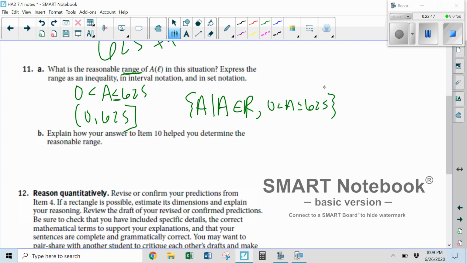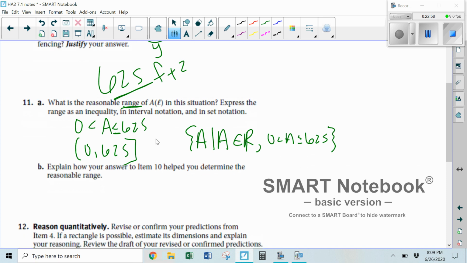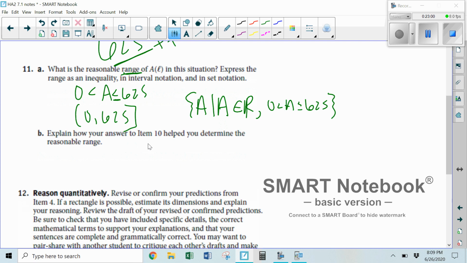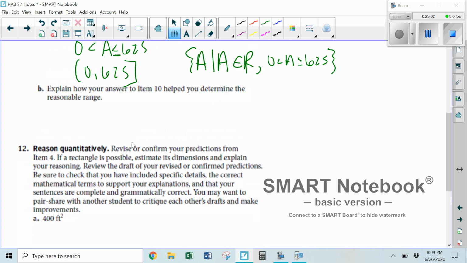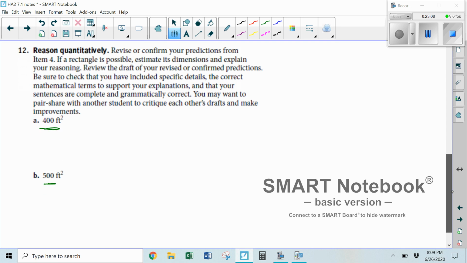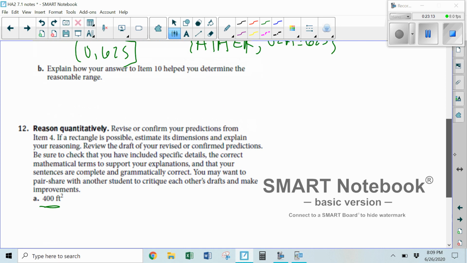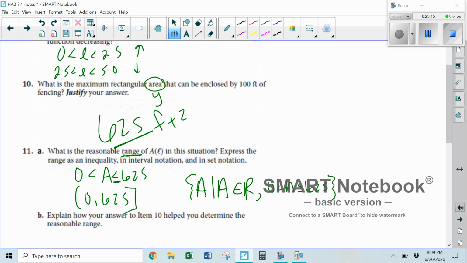Explain how your answer to item 10 helped you determine the reasonable range. What was our answer to 10? Well, if this was the highest, that helps us determine it. You don't really have to write that out. We're not going to do all of 12, but it does say go back and see if our guesses to these were possible. So was 400, 500, and 700 possible? We guessed based on our table. But now that we have a graph,